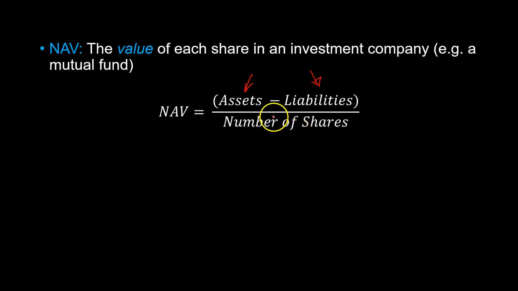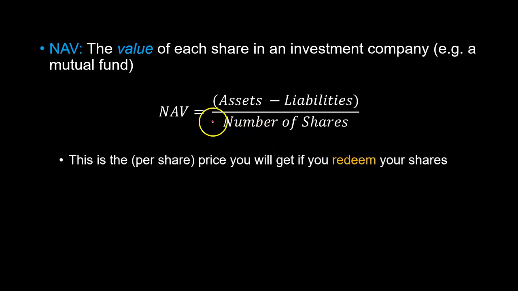And it is an important calculation because essentially what it tells you is how much one share of the fund should be worth. And if you own some shares in a mutual fund and let's suppose you decide to redeem them, then essentially your shares will get redeemed at the net asset value. So in other words, if the net asset value of each share is, let's suppose, $20, and if you decide to redeem it, the fund will give you $20 for each share that you are trying to redeem.